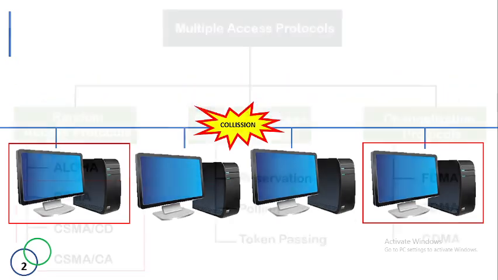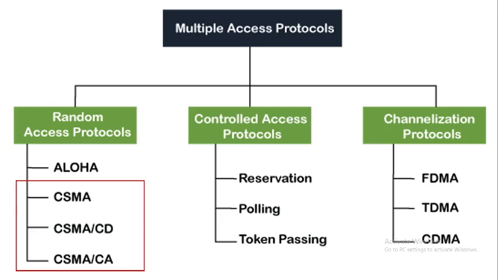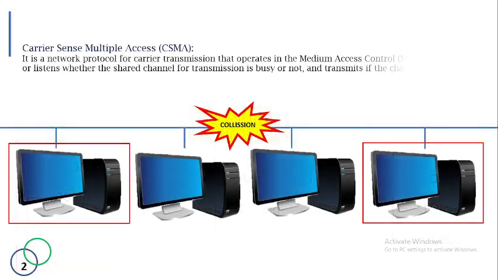The multiple access protocols are of three types: the random access protocol, control access protocol, and channelization protocol. The scope of this video is only CSMA, the Carrier Sense Multiple Access. It is a network protocol for carrier transmission that operates in the medium access control layer, the MAC layer. It senses or listens whether the shared channel of transmitter is busy or not and transmits if the channel is